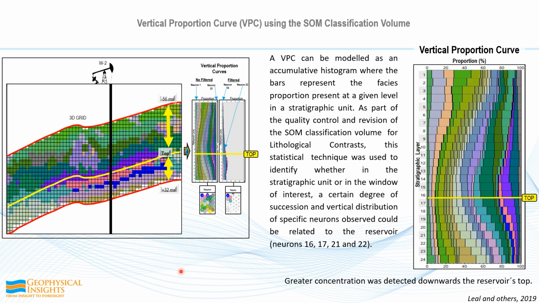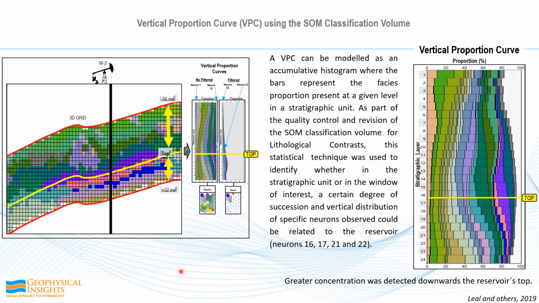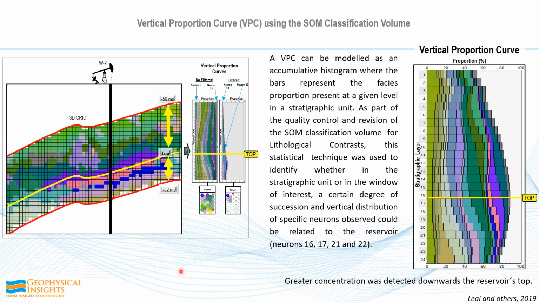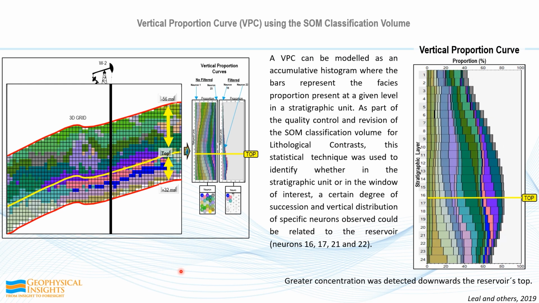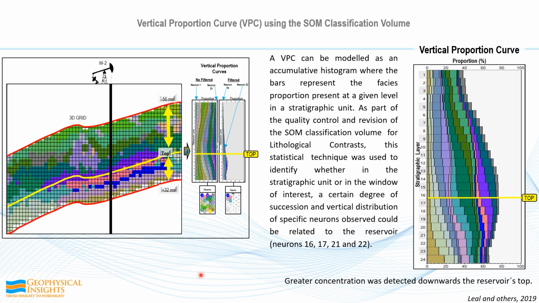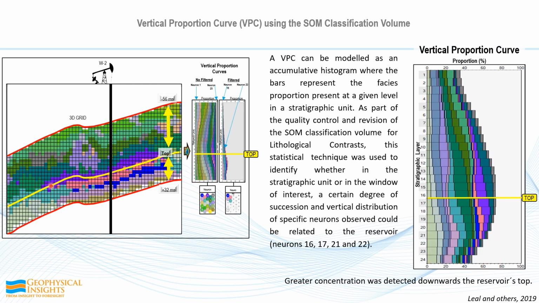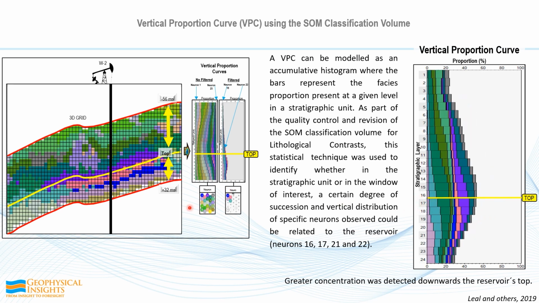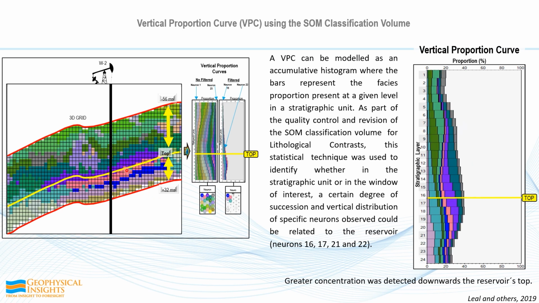Sampling the SOM neuron into a geomodel also gives us access to something called a vertical proportion curve. So this allows us to look at the total number of neurons represented in the volume by individual layers, and you can filter that by neuron number. So you can see the top of our reservoir here, and you can see it over here on the vertical proportion curve. And you can see how our neurons of interest are concentrated in the lower portion of the volume. And if we filter that back to just the neurons of interest, you can then go and see